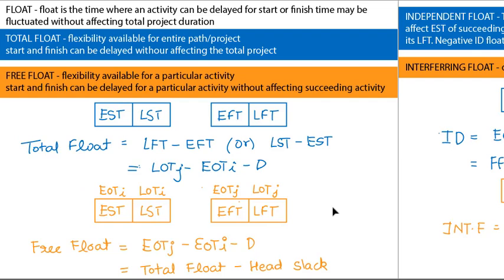Just make that table with 11 columns for each and every problem. Even in the previous video, we did not cover the independent float and interfering float. For those examples also, you should try the independent, interfering and safety floats. So you'll understand the entire process of CPM. So I end this video here.